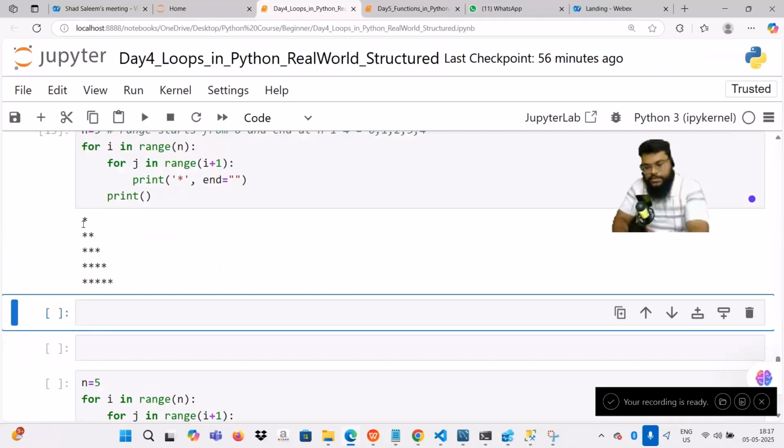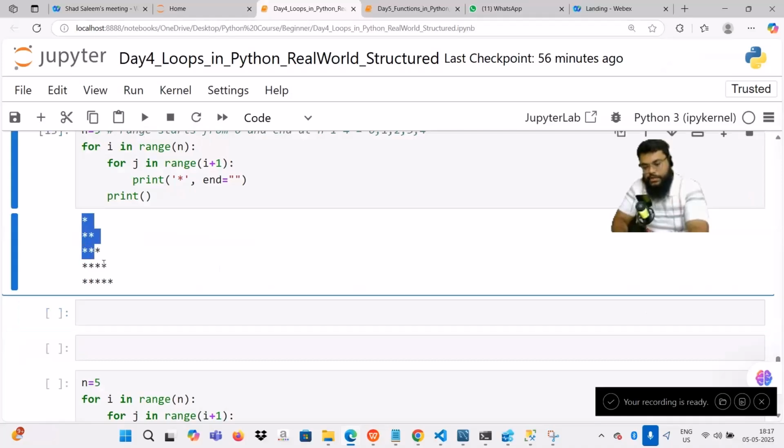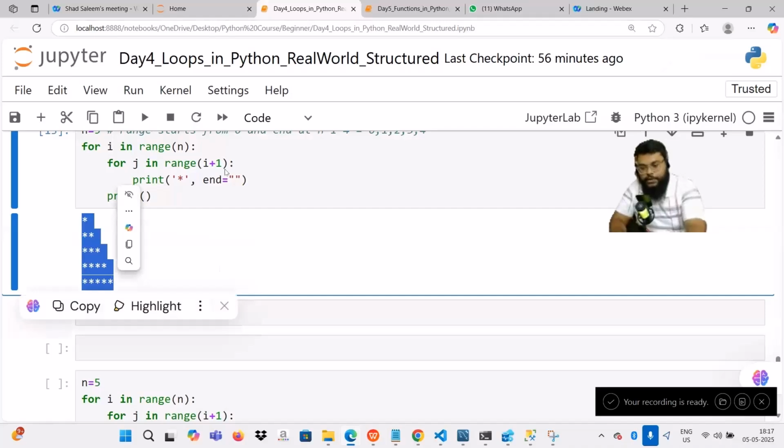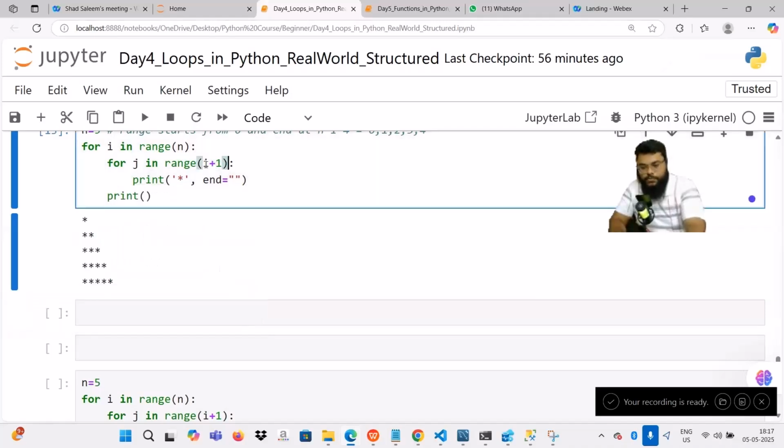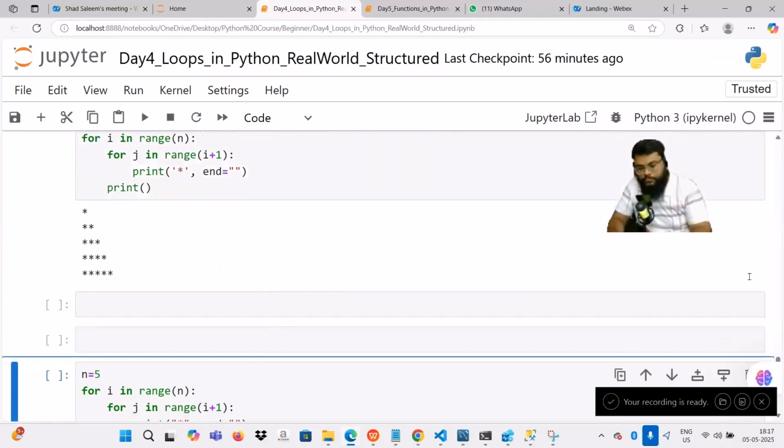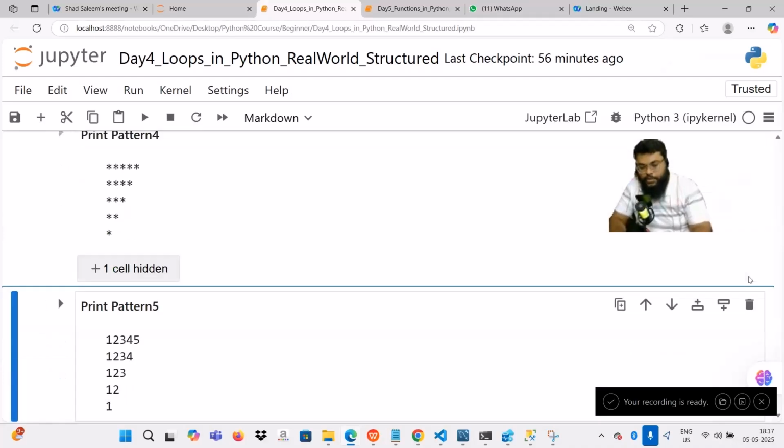So now just by changing my logic, I was able to change my pattern. So that's why for loops, along with if, if you are trying these kind of problems, it will improve your loopings as well as it will improve your logic building. Similarly,